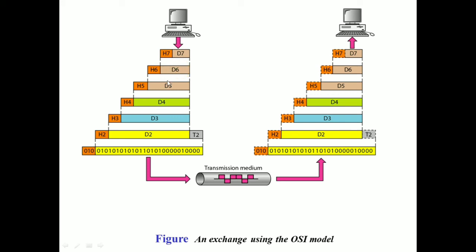This 6th layer in turn adds its own header called H6. Now this H6 and D6 is again given as the data part D5. Now D5 will add its own header called H5, and so on and so forth, and finally